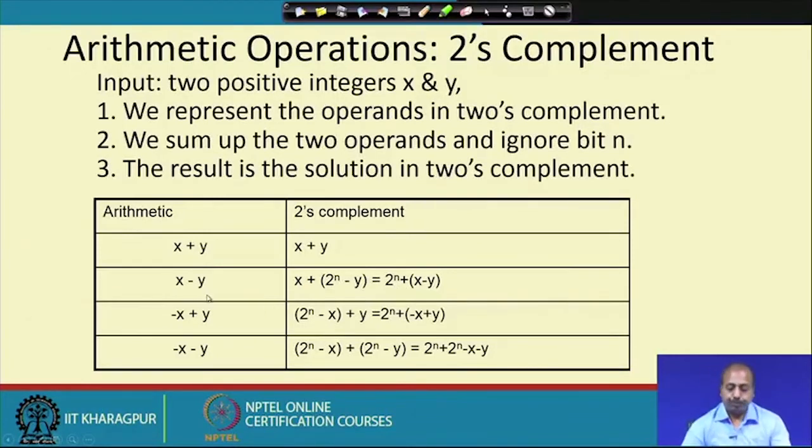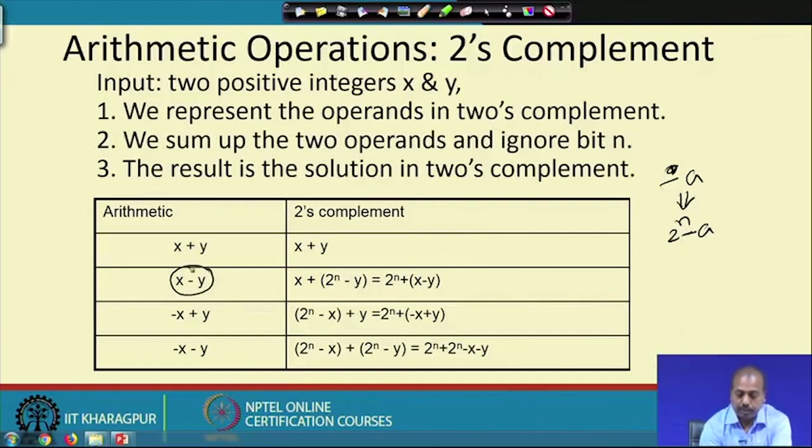So, basically, you remember that if a number is negative, suppose I have a number a which is negative, it is represented as 2 to the power n minus a in the 2's complement notation. Now, you see that I am doing this x minus y. What I am doing is taking the 2's complement of this y, so I am getting the value 2 power n minus y. After doing this operation, if the number is positive, then there is no problem, but if the number is negative, okay. So, if the number is positive, then this 2 power n is basically